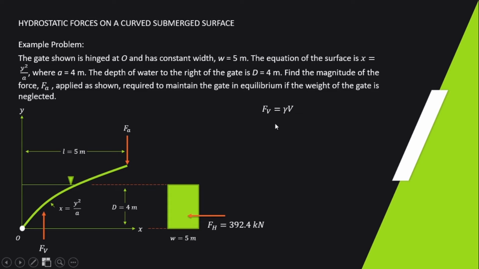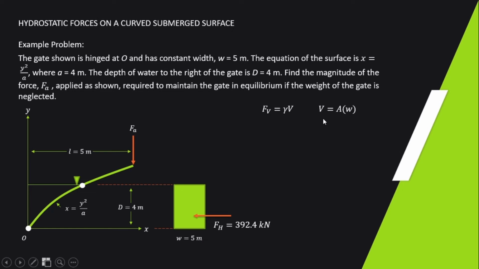So ngayon, isolve naman natin yung vertical component of the hydrostatic force na formula niya is unit weight of the fluid times volume. Pero sabi ko nga kanina, dapat always above yung i-consider natin na volume. So parang ipoproject na natin yung projected volume above. So yung projected volume, ito yun. And para makuha natin yan, gagamit tayo ng integral calculus. So yung volume niyan is equal to area times width. So, dapat isolve muna natin itong area using calculus times yung width na perpendicular sa screen nyo na 5 meters